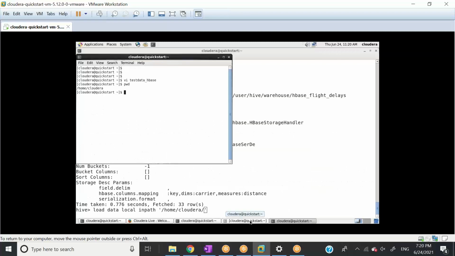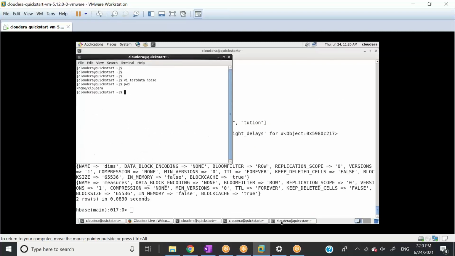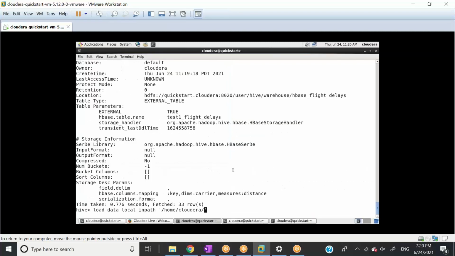Sorry, test_data_HBase. Where do I need to load? Into table. Which table do I need to load? Test1 flight delays.